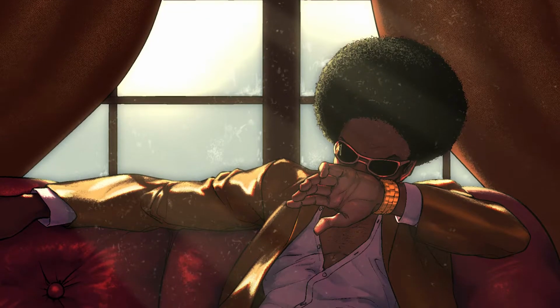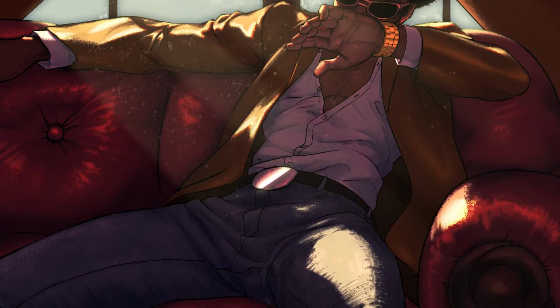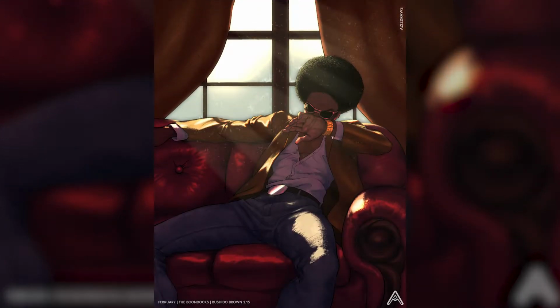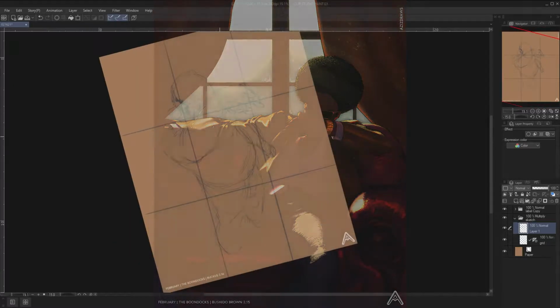I liked the fact that it was, you know, fully encased in a scene. Got the couch in there, curtains, window, everything. It's part of a room. It doesn't just feel like an isolated subject with no background. But yeah, the next drawing I had was